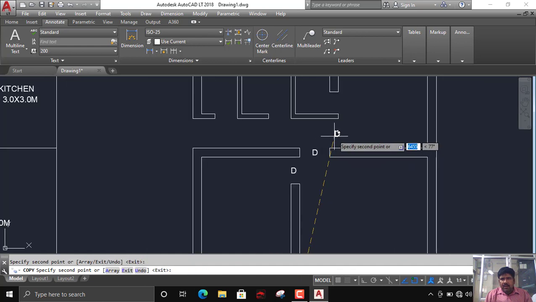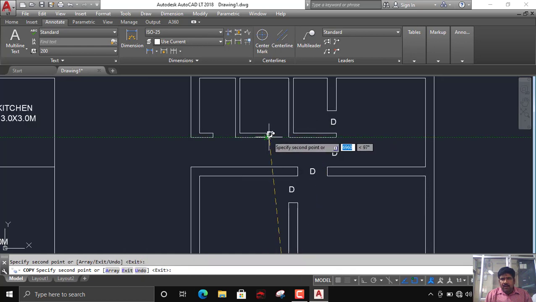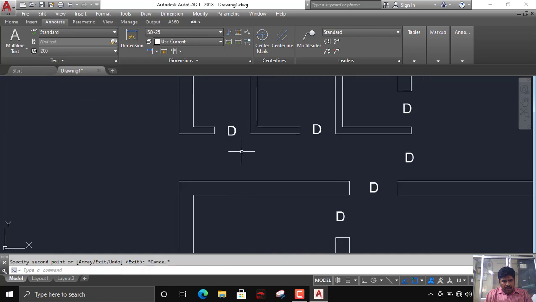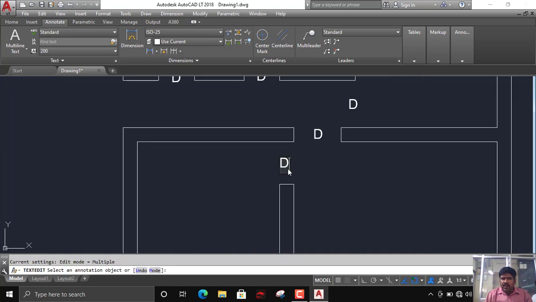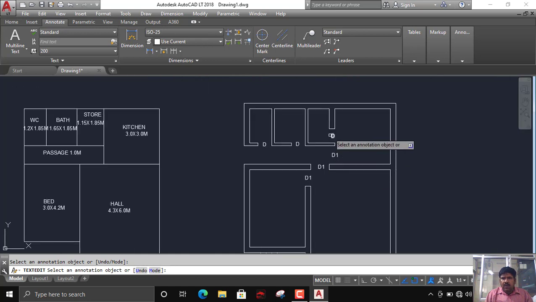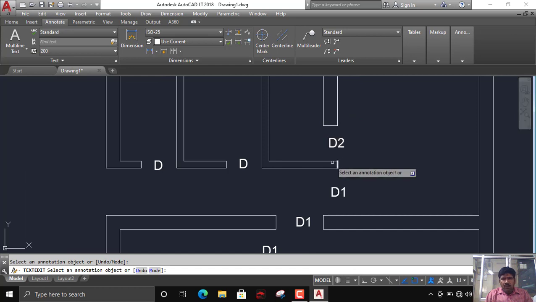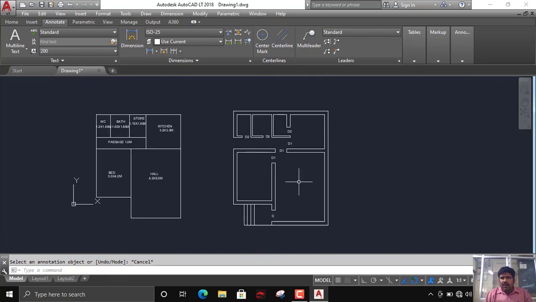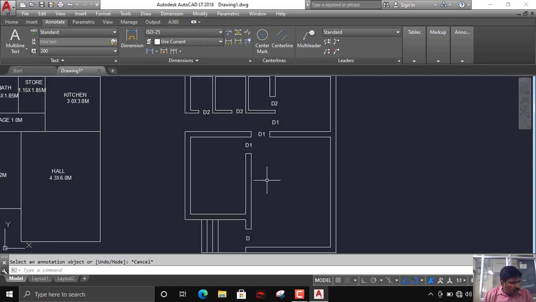Here, edit, D1, right? These are 750 doors, D2, all doors are over.